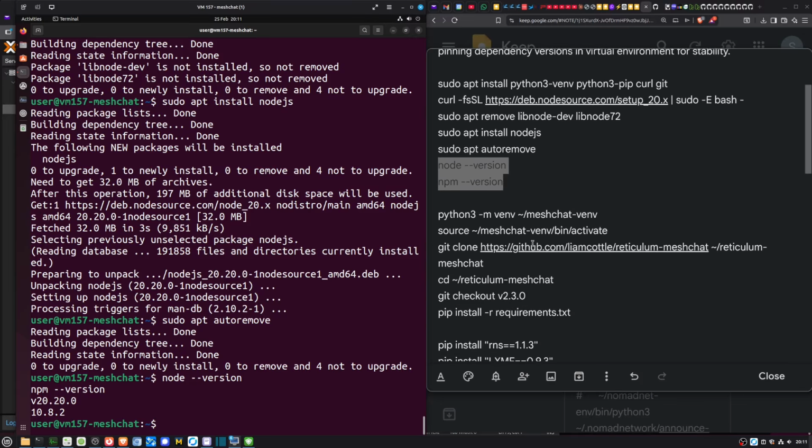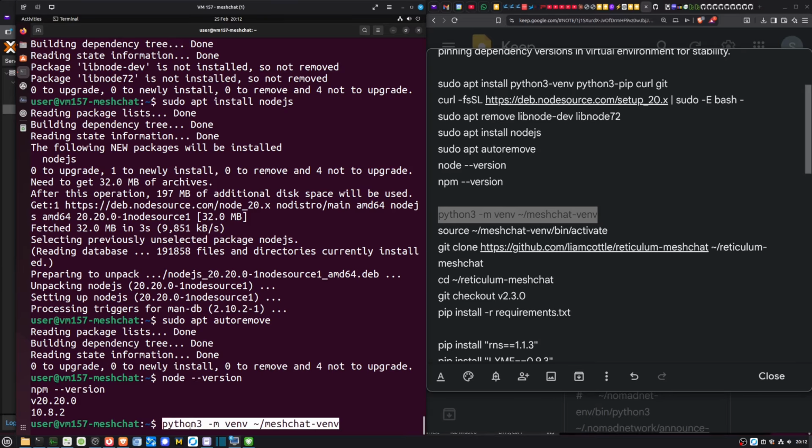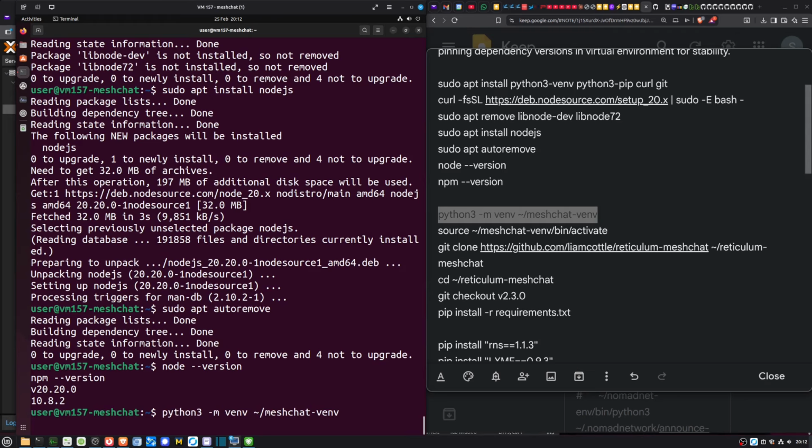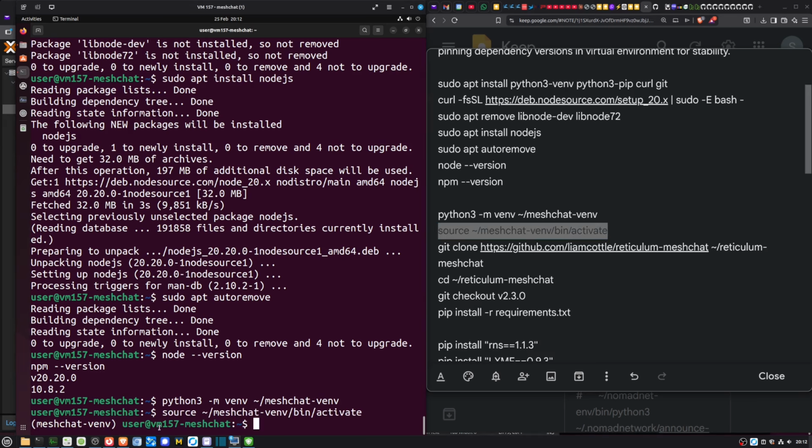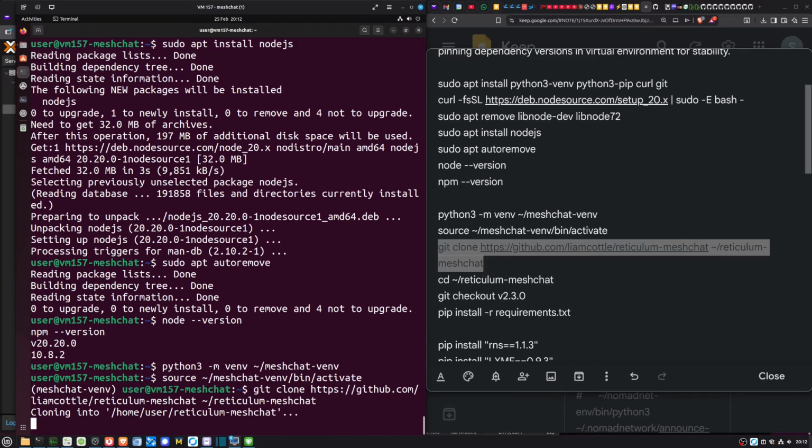So what I'm going to do now is to create the virtual environment with this name, meshchat-venv. So that hopefully will create a virtual environment without problems. Okay, and I'm going to activate it using this command. And you see that it is activated because my prompt has now changed to show I'm in a virtual environment. And then we're going to clone the reticulum-meshchat program from GitHub that we looked at earlier. So git clone it,